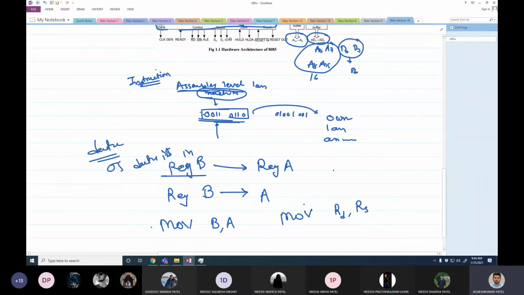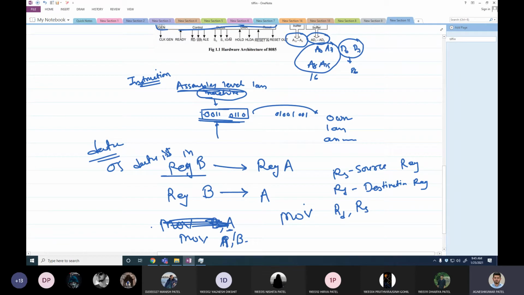What is RS? RS is the source register and RD is the destination register. Sorry, I have to write it like move A comma B. So what is B? B is my source register.